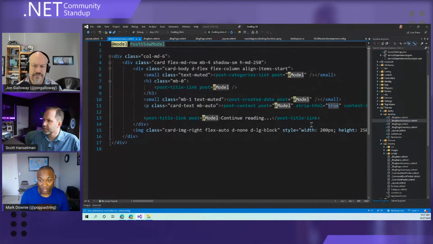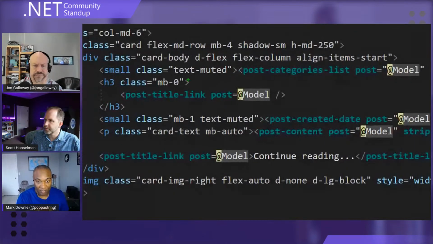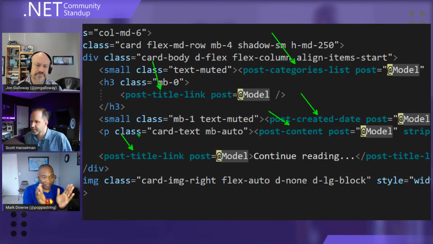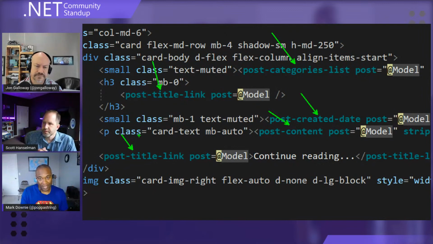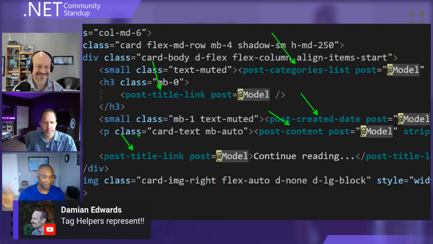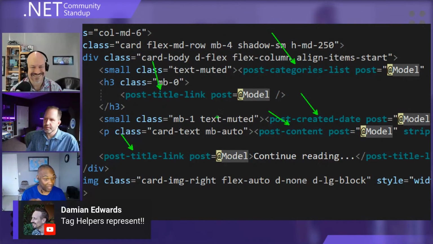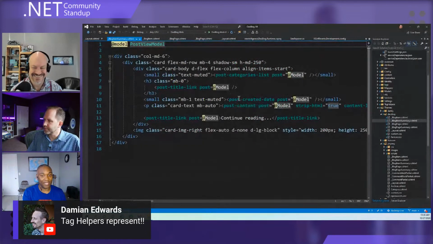So right now, Scott is showing off a blog item summary. This would be essentially what I showed as a single card on my summary page, and I can define that right here. So I'm defining things like the list of categories. So I may have a list. With the post categories list box, I could actually say I want it to be comma separated or semicolon separated or whatever I wanted. I could pass in a bit of data that essentially exists as a separator.